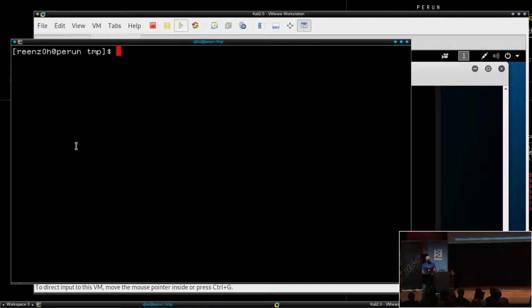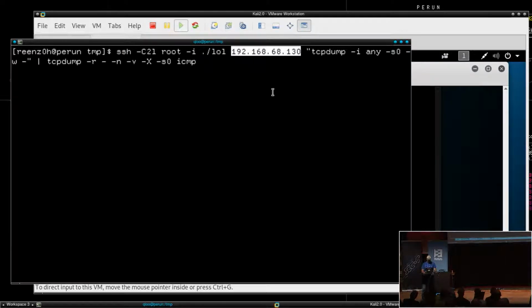Usually what we would need is, first we want to run our command remotely, so we need to encode it.